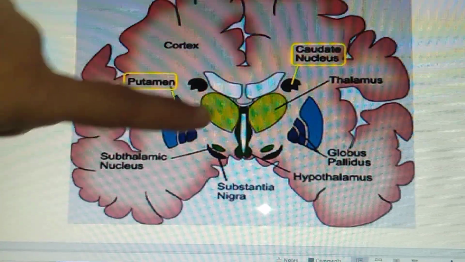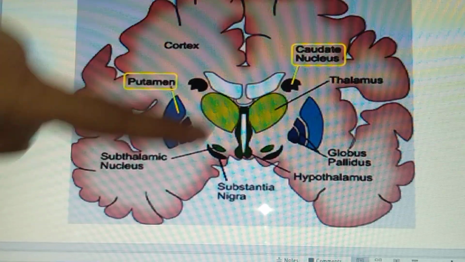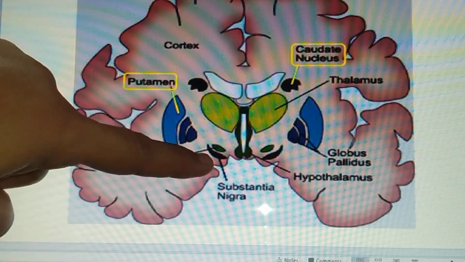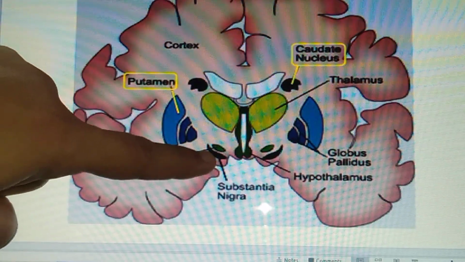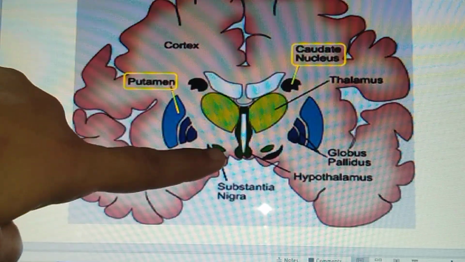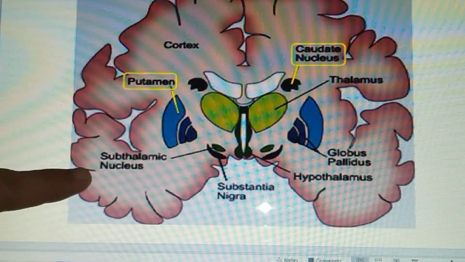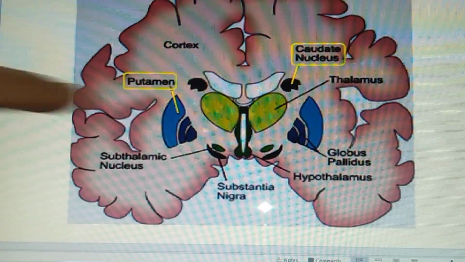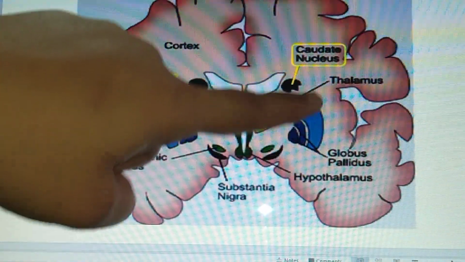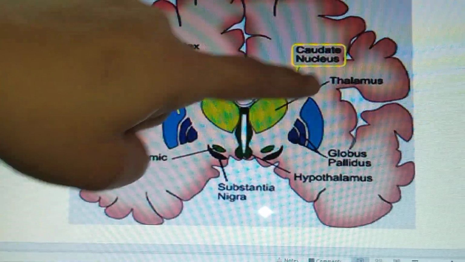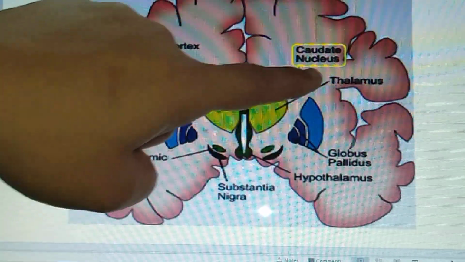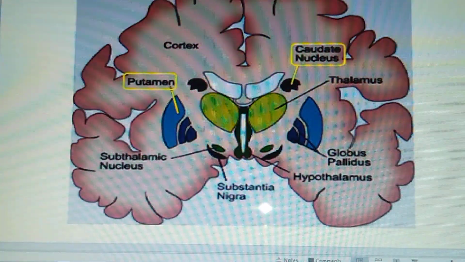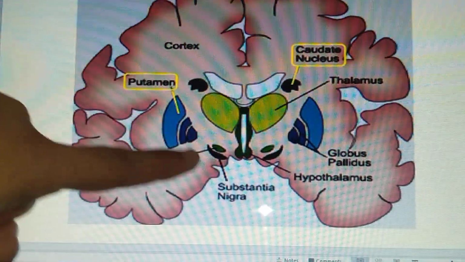Now here you can see this is the thalamus, right? Here is the substantia nigra, that is the part of the midbrain, you know that, right? And between the two you can find the subthalamic nucleus, right? And it is medial to the internal capsule and globus pallidus. So here is the globus pallidus and this is the internal capsule. The internal capsule we will see later on, but this is the internal capsule. Okay, so this is the location of the